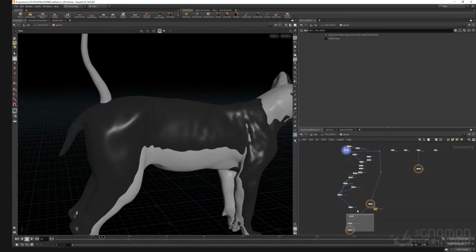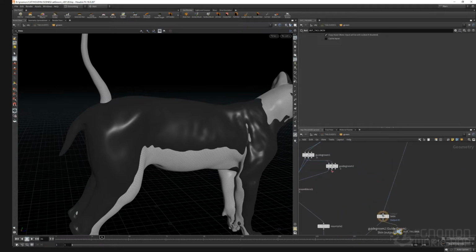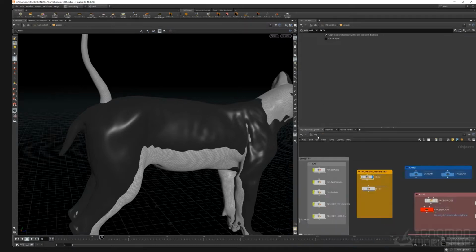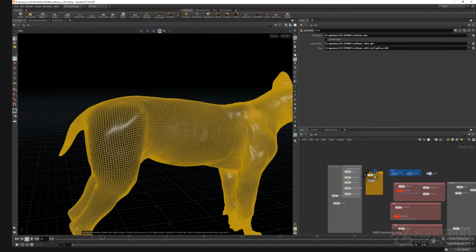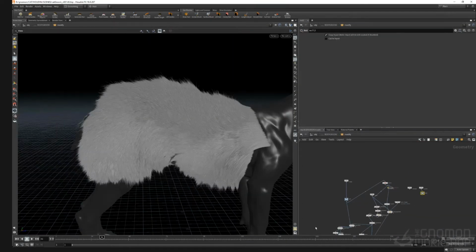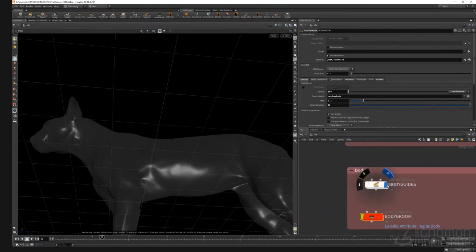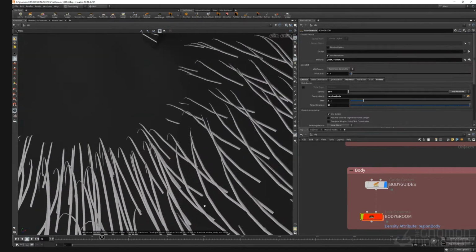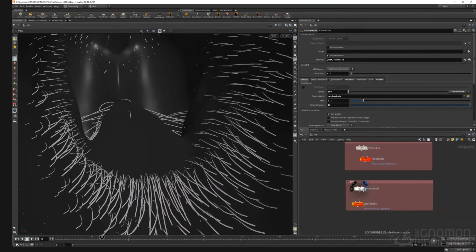But yeah, here this is all still very simple. So we will just read the skin in once more and check if everything comes through correctly now. And it looks like it comes through correctly. What I see here is that some fur is